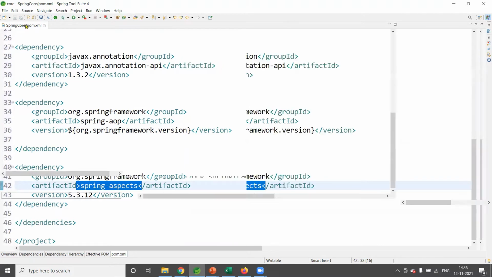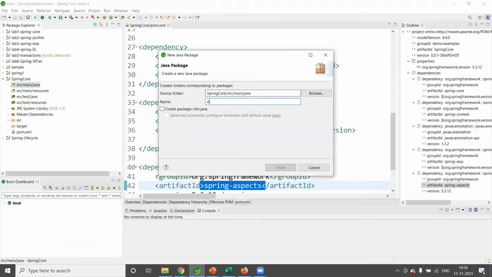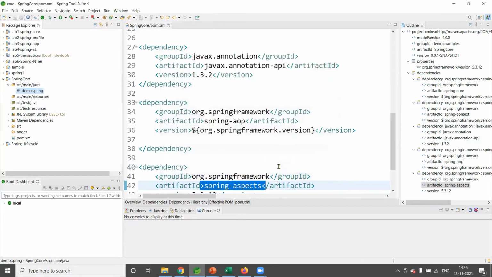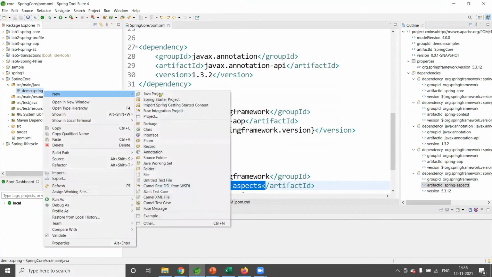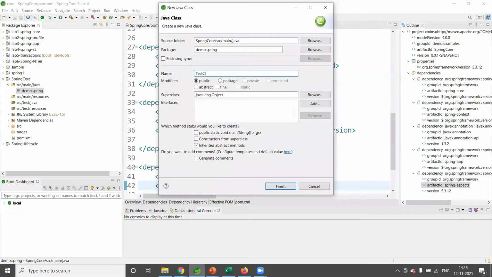Right. Now, let us create one package. So new package, and say demo.spring. Finish. So in that, let me create one main class. I'll go for class, set test client, set public static void main.